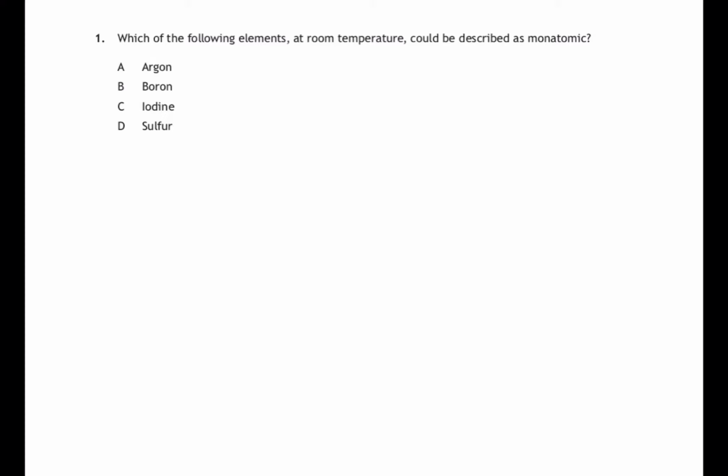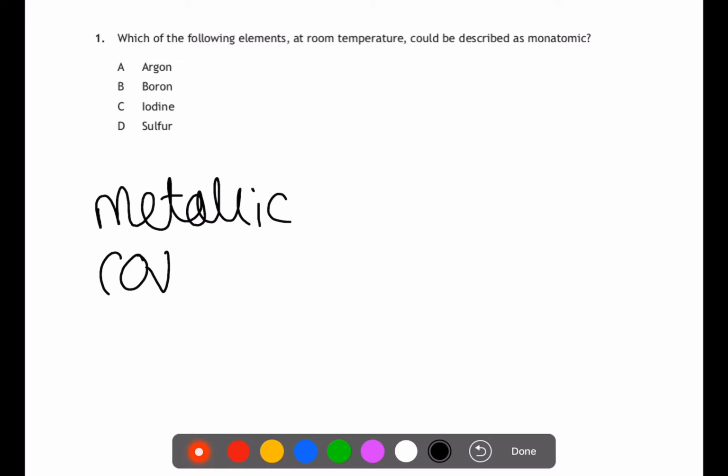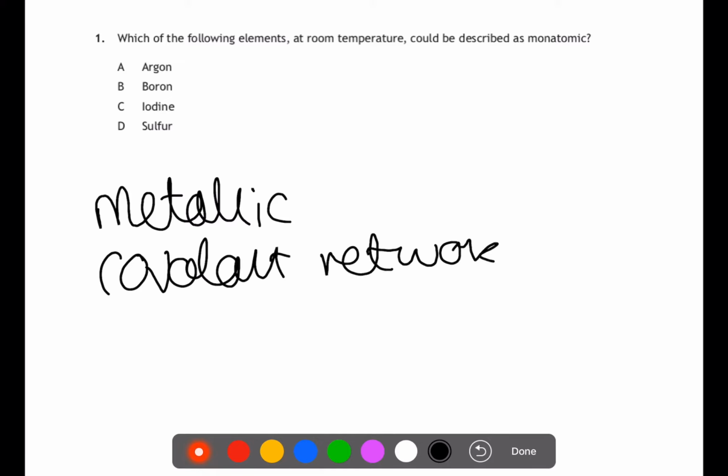Question 1. Which of the following elements at room temperature could be described as monatomic? As part of the higher course, you're expected to know the bonding and structure of the first 20 elements. The different bondings that there are: metallic, covalent network, covalent molecular,